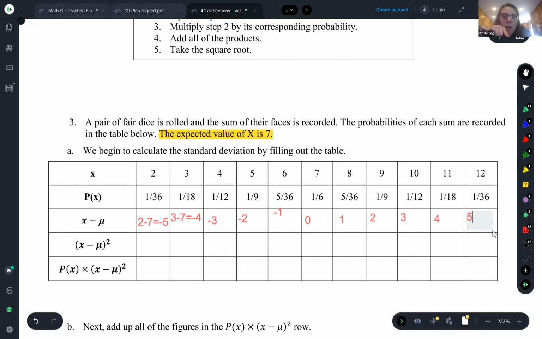Okay, so this is what we're going to do. I'm going to pause it. You're going to fill in the next one with the